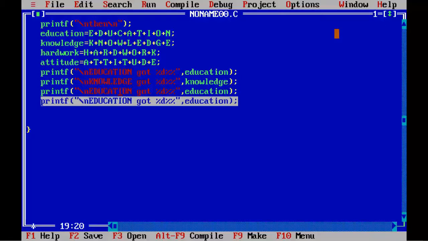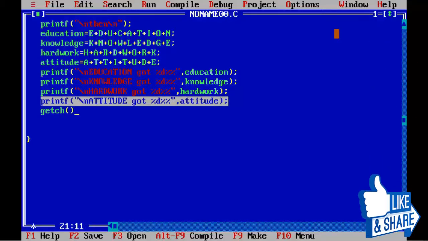Next, hardwork got %d%%, hardwork. And last, attitude got %d%%, attitude. Okay, and getch();